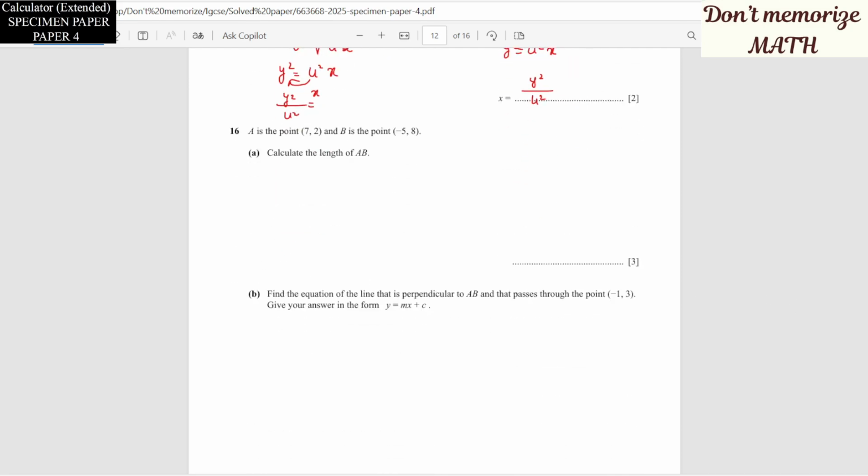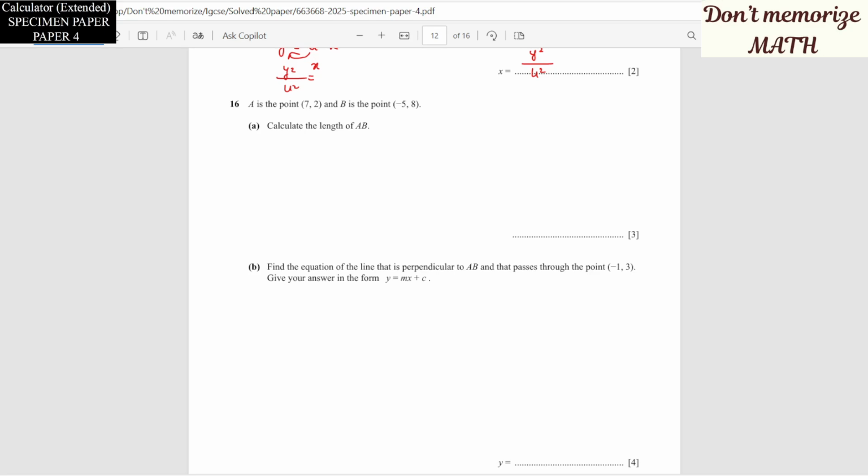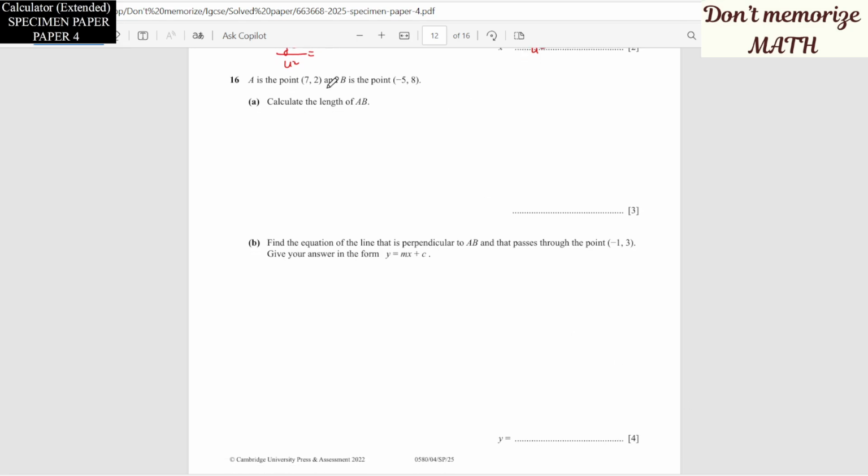Now question number 16. A is the point (7, 2) and B is the point (-5, 8). Calculate the length of AB. So we have the formula to find the length between 2 points in the coordinate system. Take the first point as x1, y1. Take the second point as x2, y2. So you can find the length by using the formula, square root of